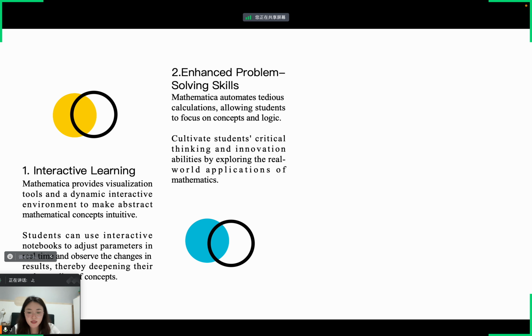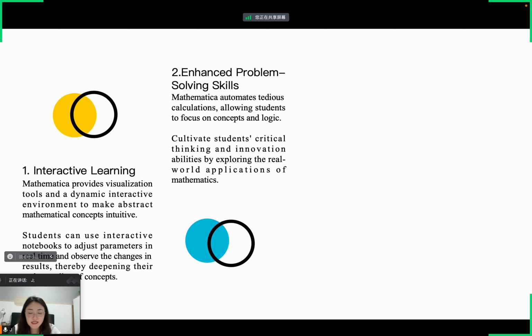The second point is to enhance problem-solving ability, focusing on why. In traditional math, we often get so wrapped up in the calculations that we forget to think about the logic behind them. But Mathematica is like an all-around helper that does the heavy lifting for us, allowing us to focus